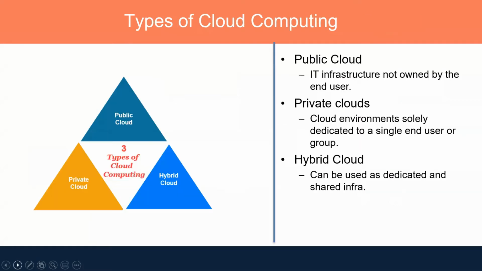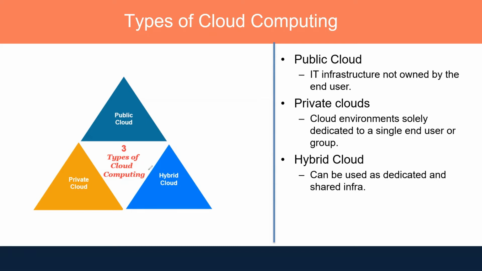This is very important if you want to understand cloud computing, you need to understand its types. Cloud computing is a kind of infrastructure which is managed by the cloud service provider. All the infrastructure, like the machines, the power, etc., everything is managed by the cloud service provider, and they would give you space so that you can deploy your application, or you can consume the service which is provided by the cloud service provider.